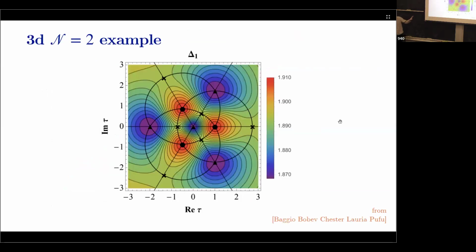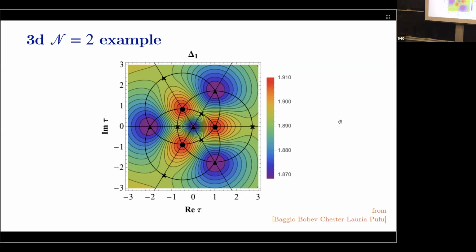I would maybe show you this at the end, but I'll just show you now. This is an example from 3D. Qualitatively, if you look in one little cell, which is a fundamental domain, looking away from cusp points, the lowest operator in that theory also looks concave. It doesn't have any minima in the middle. So that's just qualitative, and that's the end of the slides.